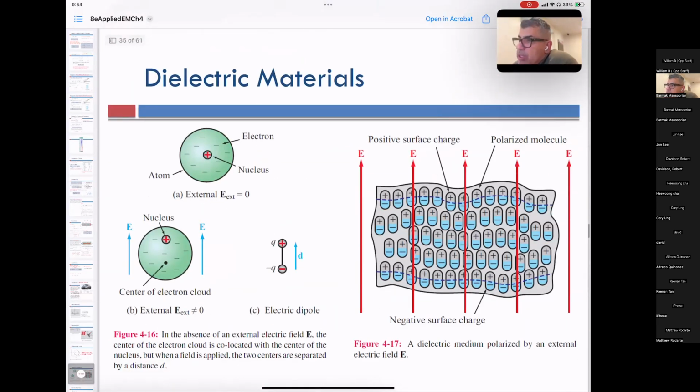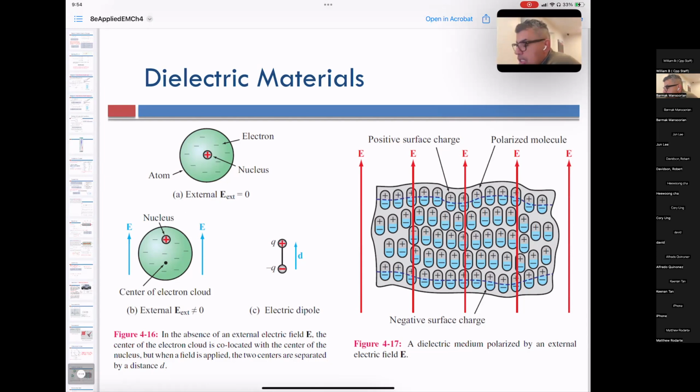Capacitance is something you think about more in a dielectric material, because as you'll see from the definition of capacitance, it doesn't really make sense inside a conductor, though I guess there is some capacitance inside the conductor as long as you have an electric field. But anyway, for dielectric material, the way you end up with an electric field